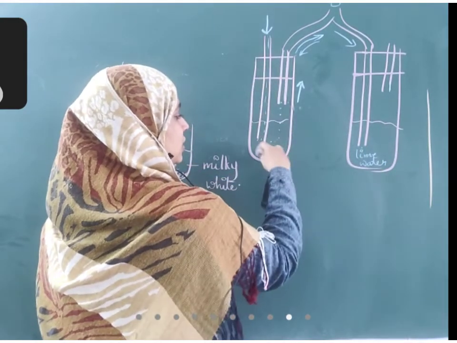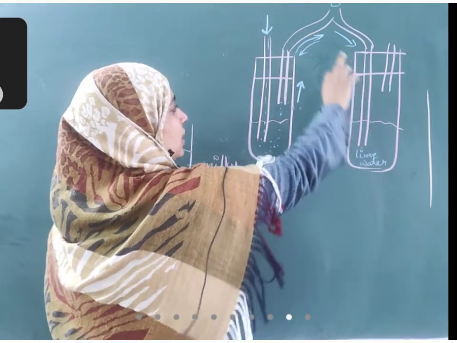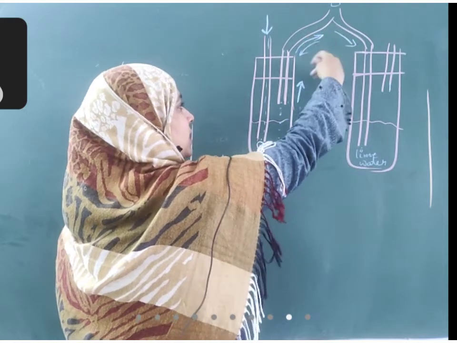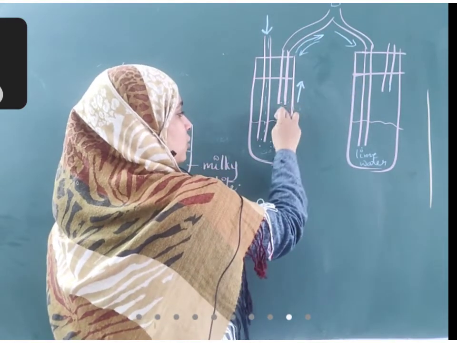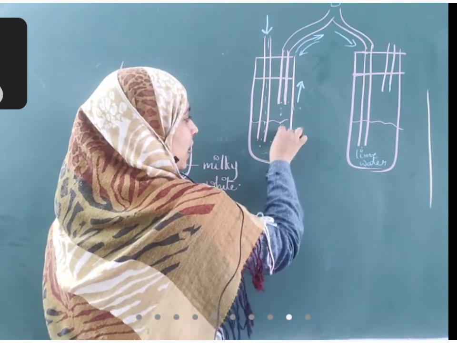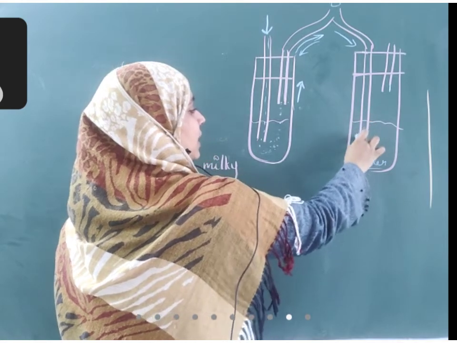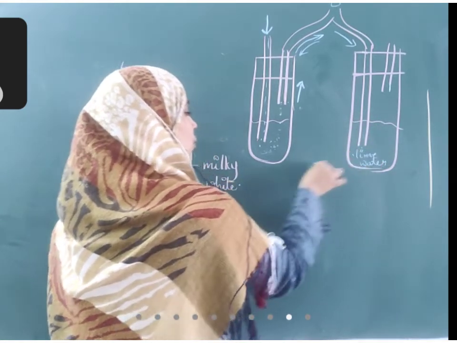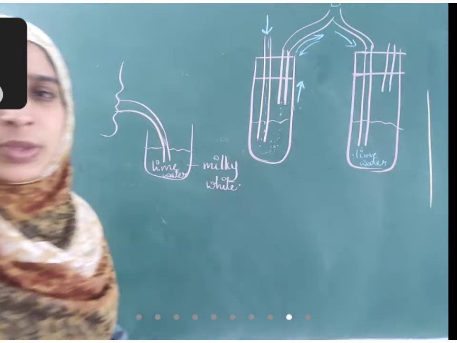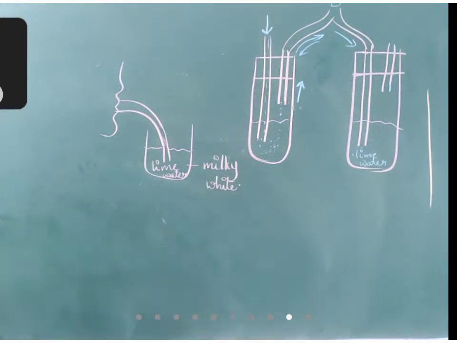So the gas that is dissolved in this lime water again escapes into air and reaches your nose. And when you are exhaling, air will reach both sides, but compared to this side there is less contact of the exhaled gas with lime water. On this side the lime water is directly mixing with the exhaled gas, so it turns more white compared to this. Right? So that is an experiment to prove that exhaled gas has carbon dioxide.